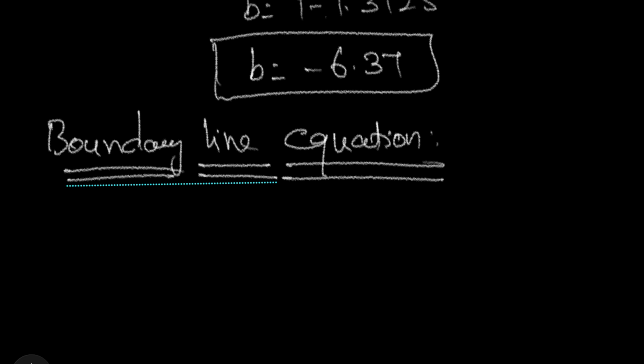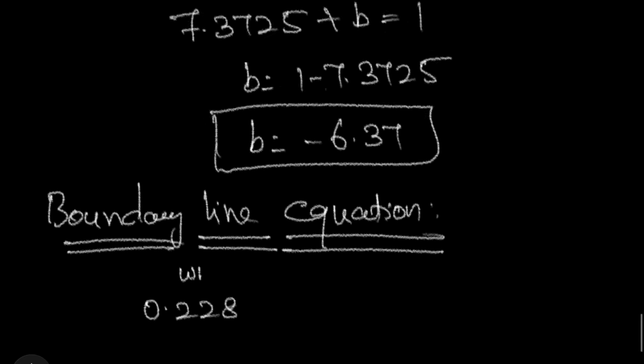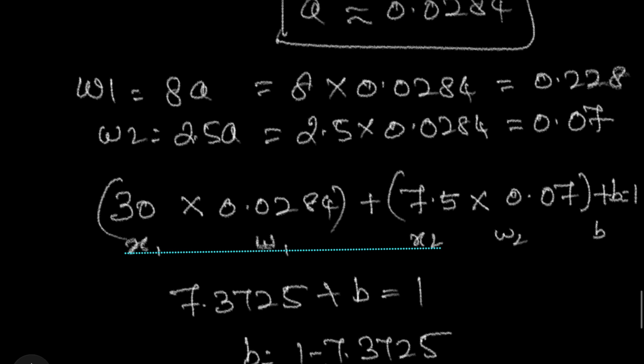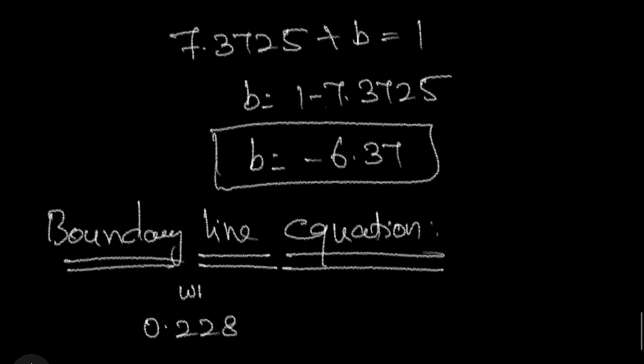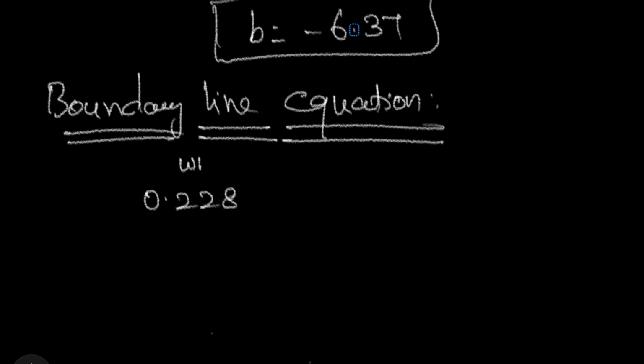So now I have W1 value as 0.0284, right? This is the value of W1 which we have already found, into X1 plus what is W2 value? We have 0.07 as W2 value, X2